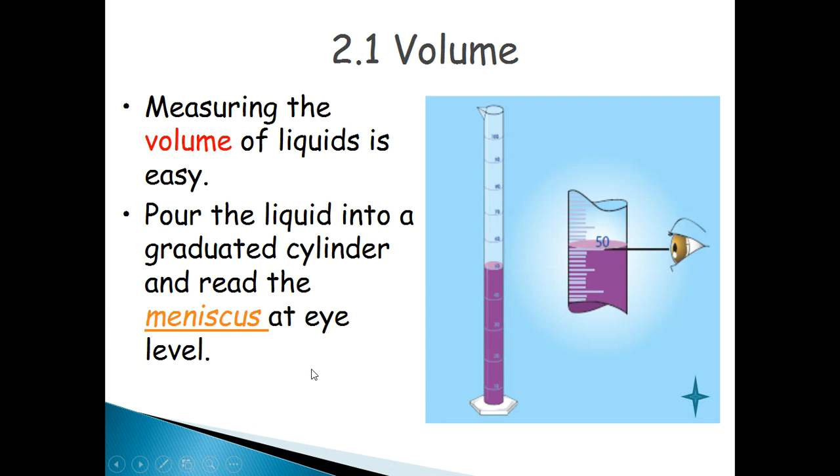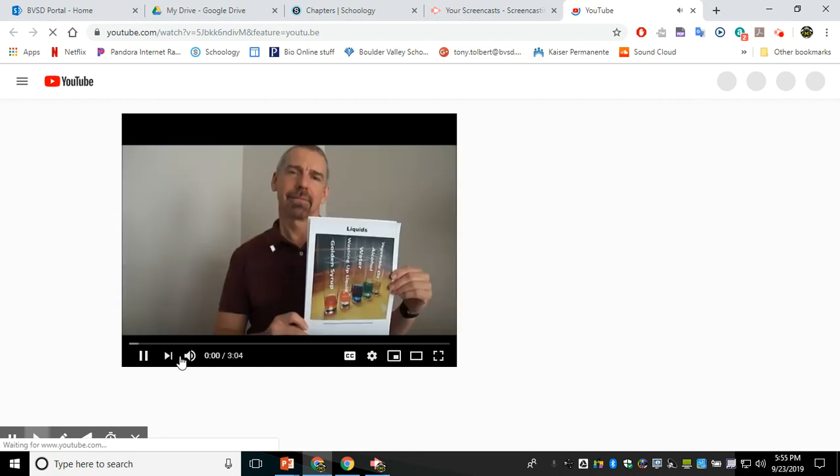Measuring the volume of liquids can be easy, but you have to pay attention to a curved line. The curved line is what we call the meniscus, and when you go down to that meniscus, you notice that that's the water molecules holding onto the sides of that container, and it'll change what it